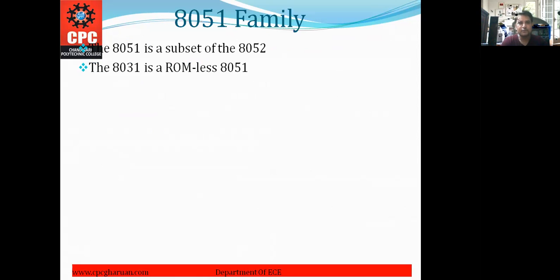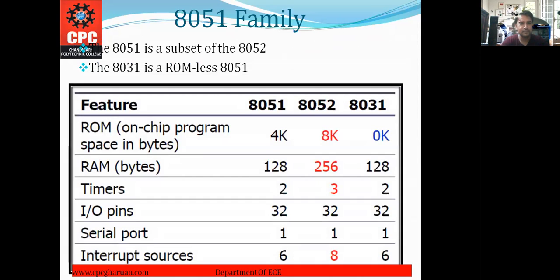Now here comes the 8051 family. The 8051 is a subset of 8052, as we can see in the chart here. And the other is the 8031, that is the ROM-less 8051, we also say. In this table, you can see the features: ROM, RAM, timer, input, output, pin, serial port, interrupt sources.